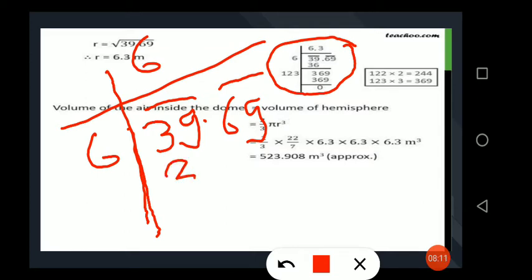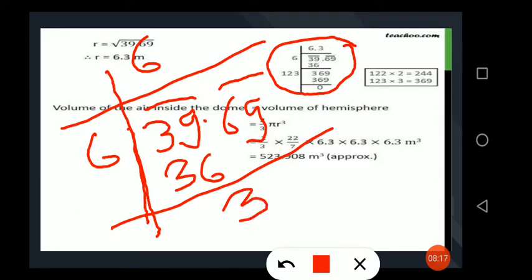6 square is 36. Okay, then we subtract, we get 3. Here 39 minus 36. Now after decimal the whole pair will come out, 6 and 9. And here to this 6 we will add one more 6, and we have here 12. Now we have to find out a number which on multiplied by this, like this.